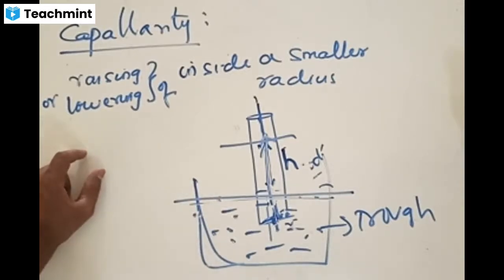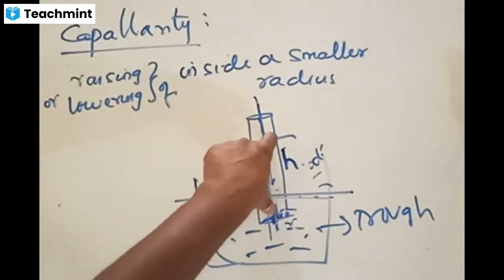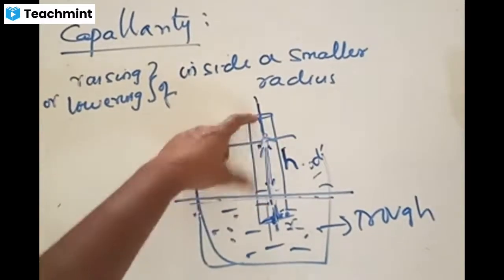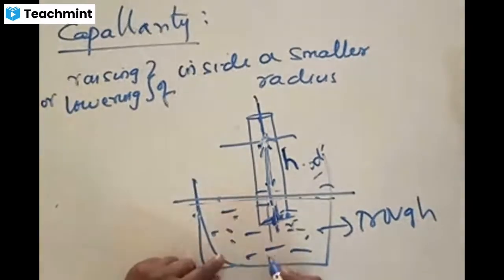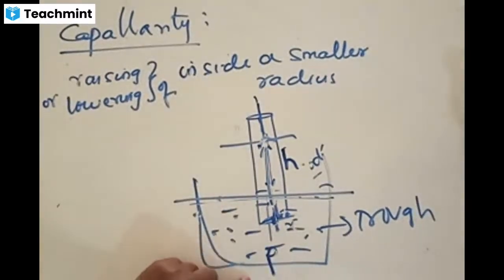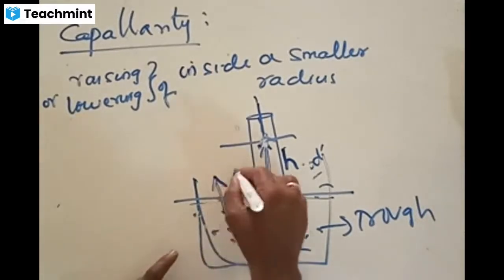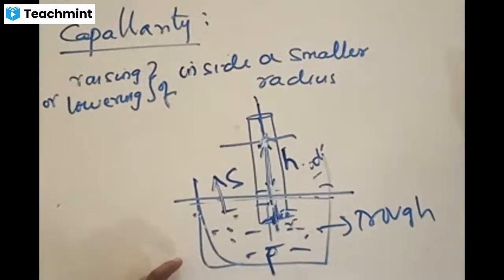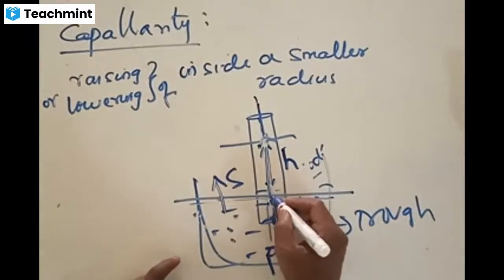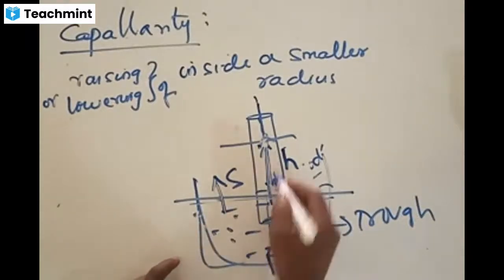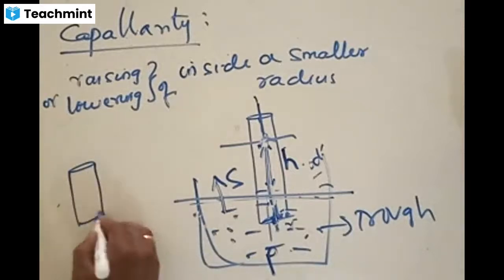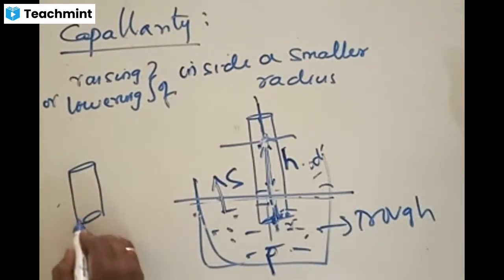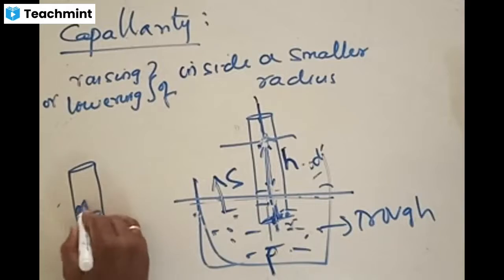Only the formula is needed for us. Consider the height raised in the capillary tube when immersed in a liquid of density rho. This liquid will have some density, and some surface tension, and there is some kind of liquid interface. The diagram is too small here. This is the opening of the radius, and the liquid is rising up here.